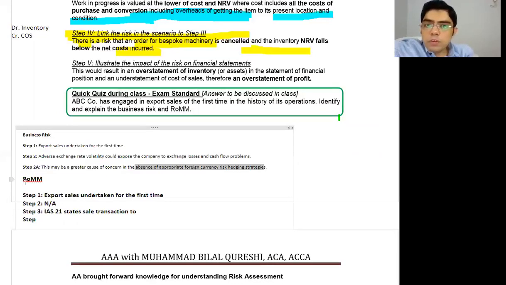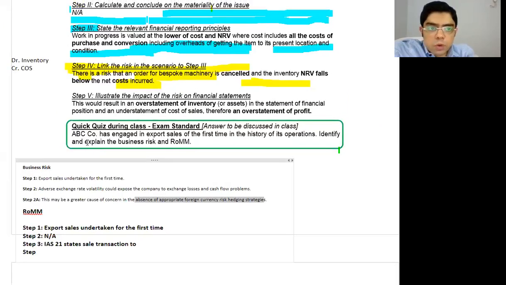Now, Rome. For Rome, step 1, export sales undertaken for the first time, just like you said, for businesses. Step 2, what is step 2? Calculate and conclude on the materiality of the issue. Not applicable, we don't have enough information, so we can't do that. Step 3, state the relevant financial reporting principles. Now, IAS 21 states sale transaction, because it's a P&L transaction, so sale transaction to be recorded at spot rate